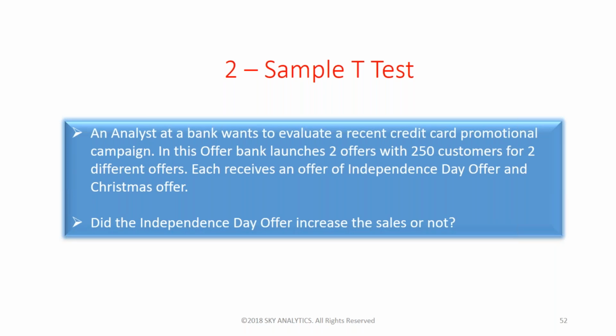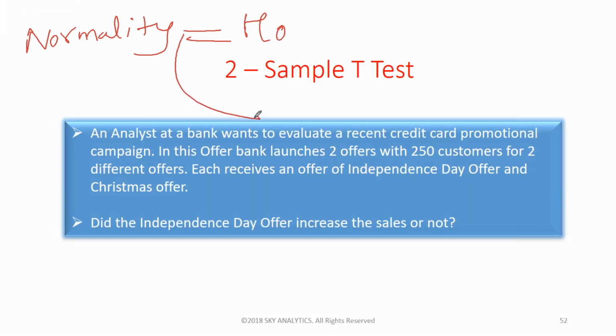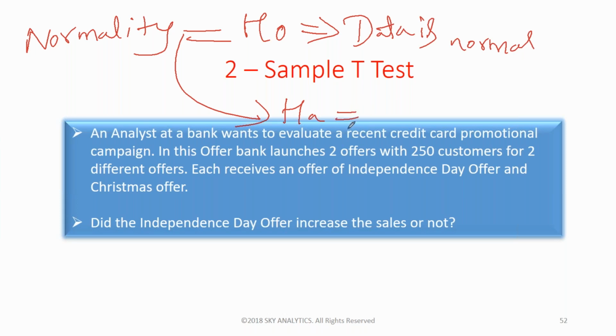So you can write down these steps, all the steps, first step to last step, everything you should write. Yes, Rakesh. Okay. So first step is you should check for your normality test. In normality test, you're going to write two steps: one is null hypothesis and another one is your alternate hypothesis. In your null hypothesis, you will say that your data is normal. And alternate hypothesis says that your data is not normal.